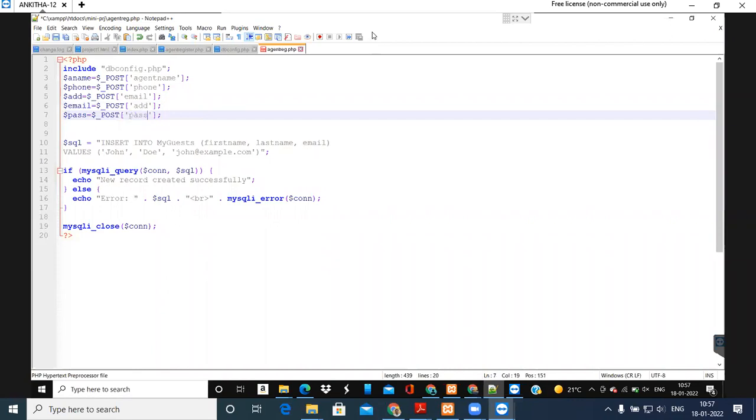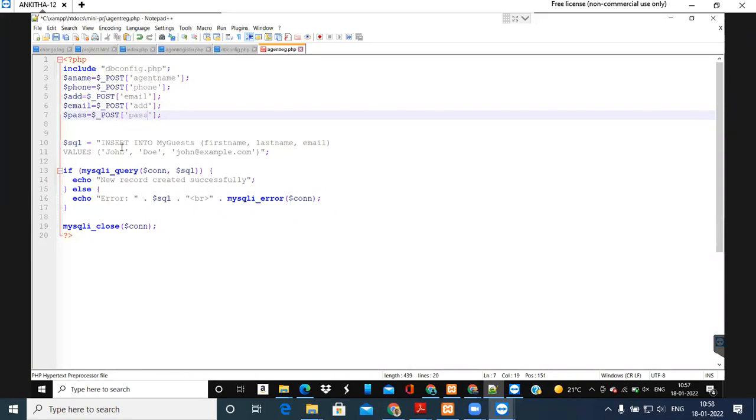Now the data that will be submitted and transferred by the HTTP protocol after you press the submit button, all that data we collect through the post method and save in these variables. But if you want to interact with your server, we need SQL queries. So for now you write a query, and assign it to one variable.